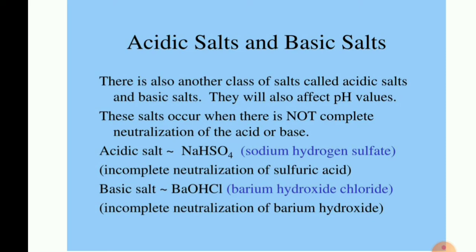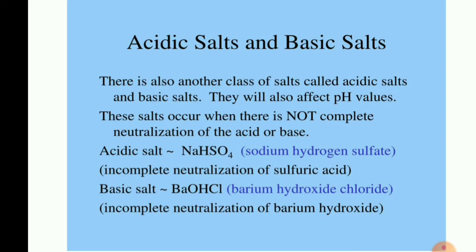Children, among all the salts, a few may not have any acidic or basic nature. Few will be neutral. But few salts will have acidic nature and basic nature. This content is not there in your textbooks, children. But for your further information, if you go deep into the subject, few of the salts will have acidic nature. And you can test it on the pH scale, by which you can tell how much acidic nature it has, that means very less acidic or more acidic. This bifurcation you get by a pH scale.